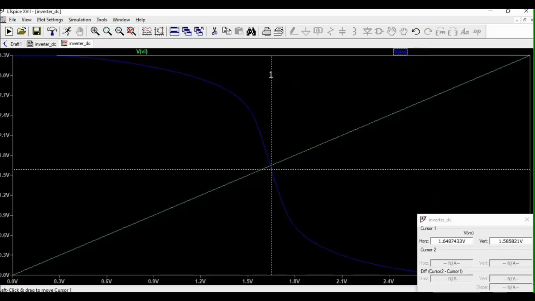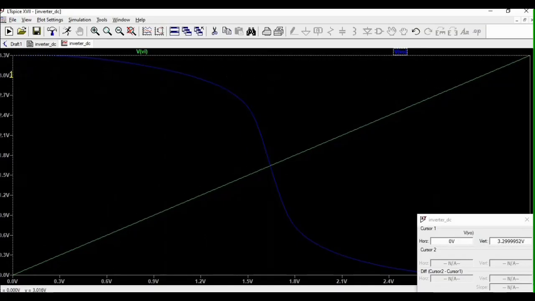By inspection in the graph, you will notice that the highest value is 3.29999 and the lowest value is 130.9 nano.